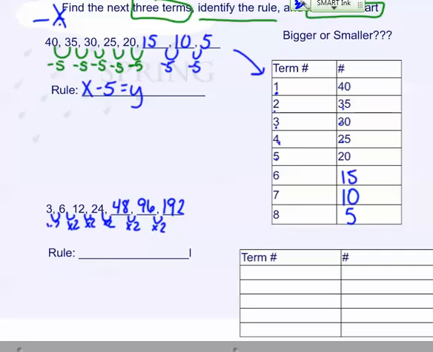Okay, so let's look at this one. My numbers were getting bigger, so it was either going to be addition or multiplication. Addition didn't work, so I multiplied, and I'm multiplying by 2 every time. So I'm taking my x value, my term, and I'm multiplying it by 2 to give me my y. So if I put that into my table,